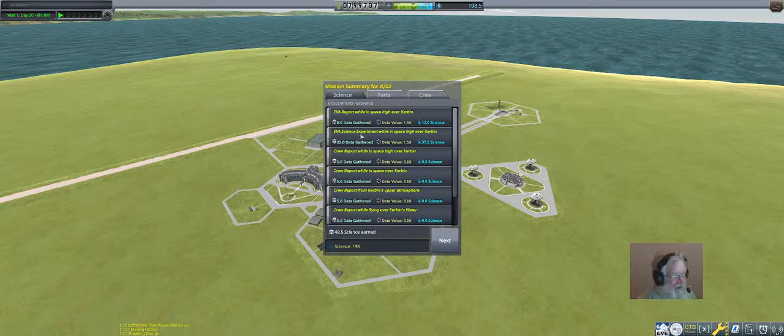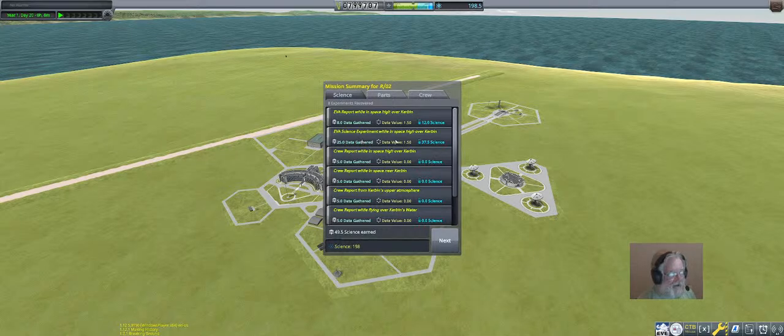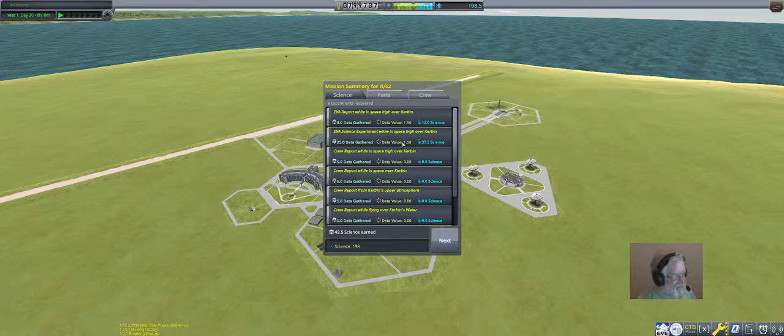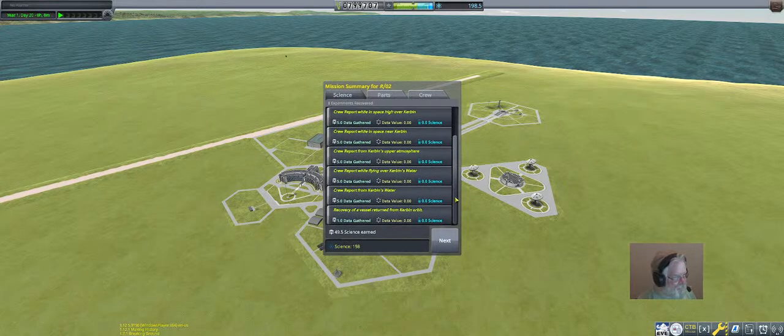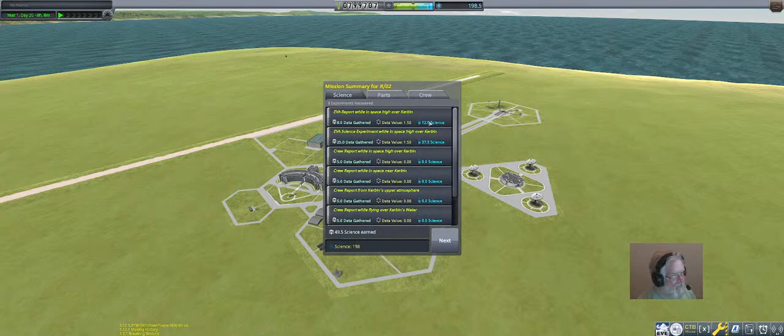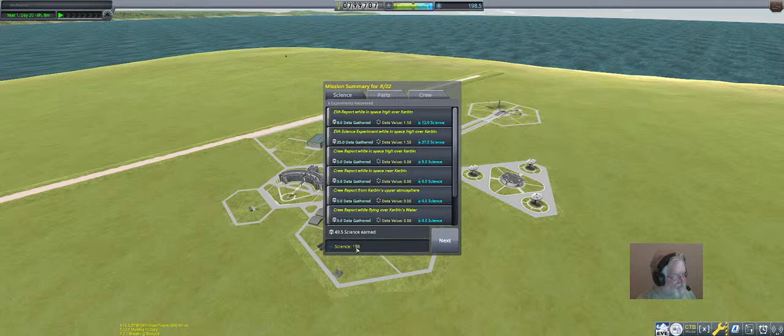What's the difference between EVA report and EVA science report? I'm wondering if the add-on that I've got triggered an experiment it shouldn't have. Okay, anyway, we got 12 science for the EVA report, 37.5 for the science report, bringing us up to almost